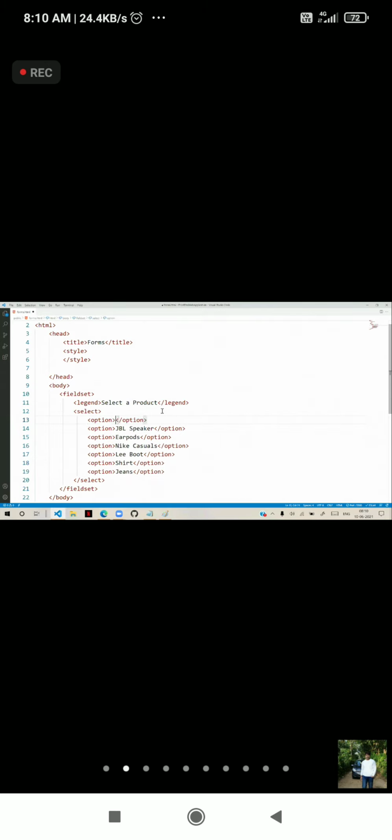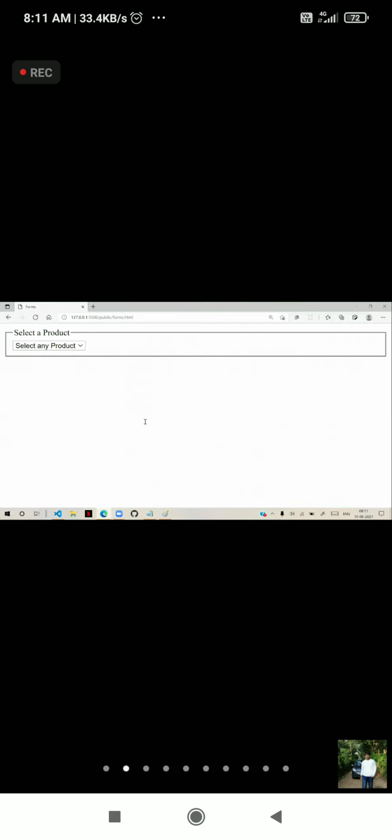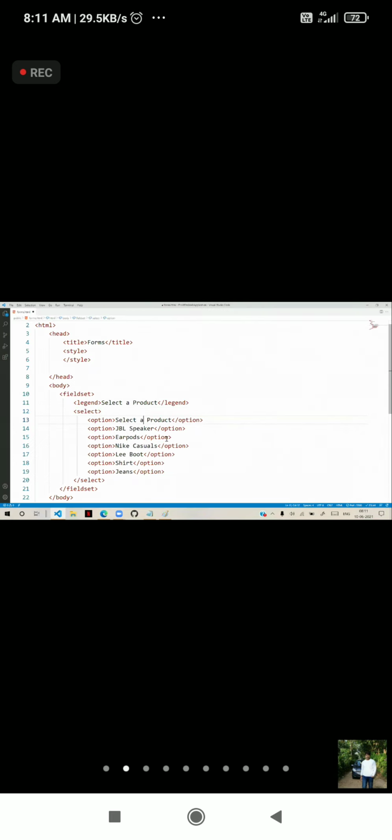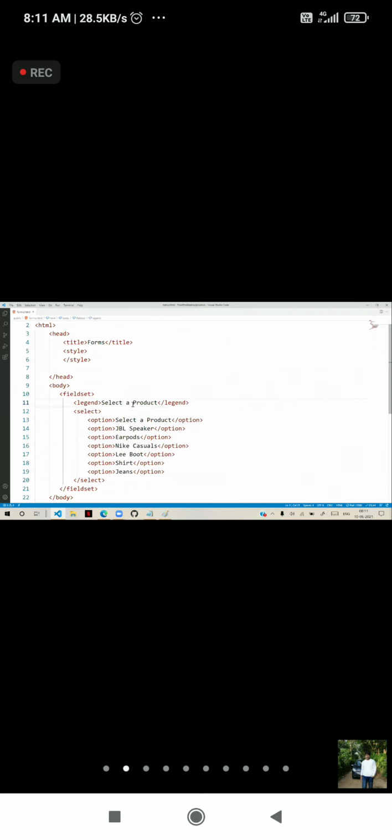As an option, you have to say 'select any product', and it will display that. So it should be used as an option only. You cannot put it as a default. There is nothing like a default. Everything is considered as an option only.